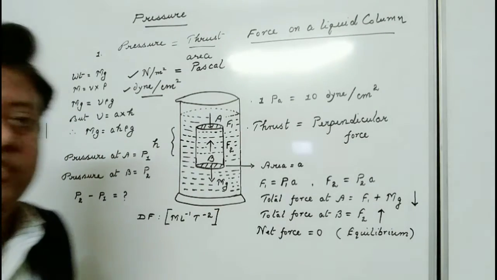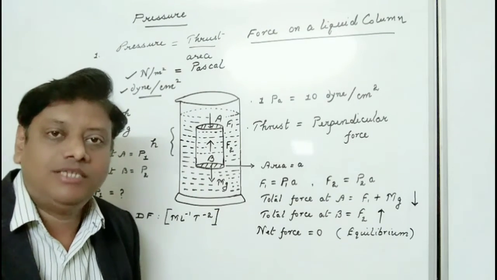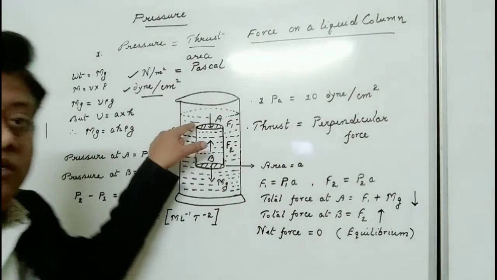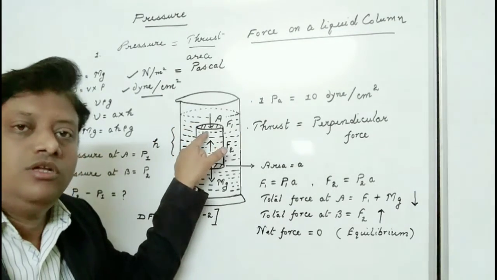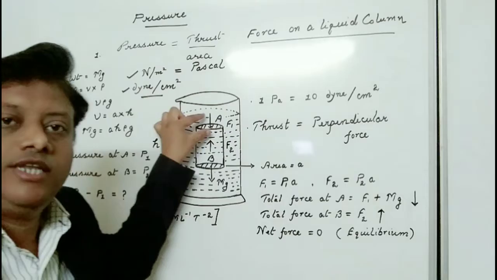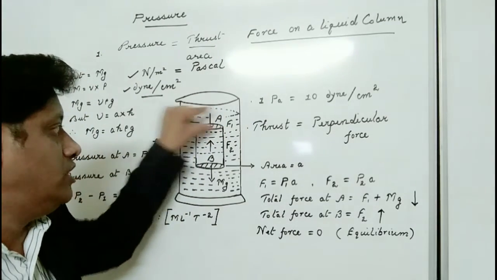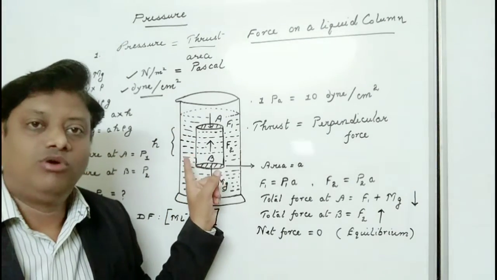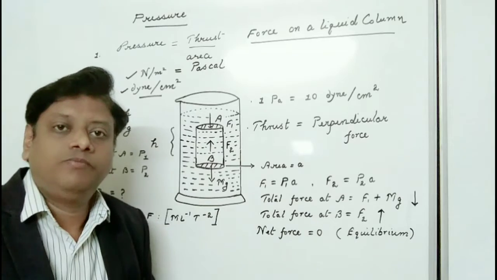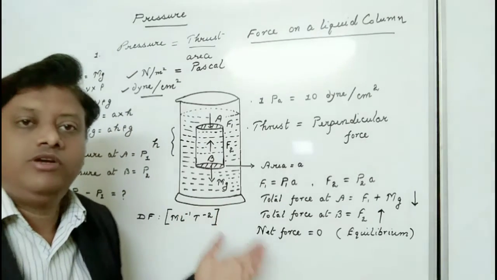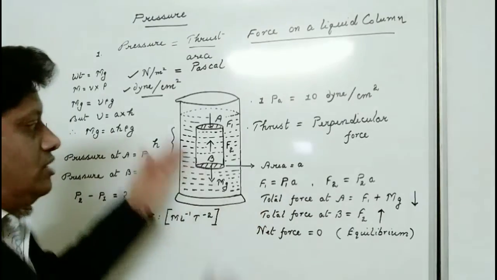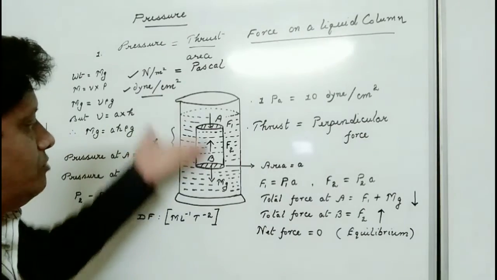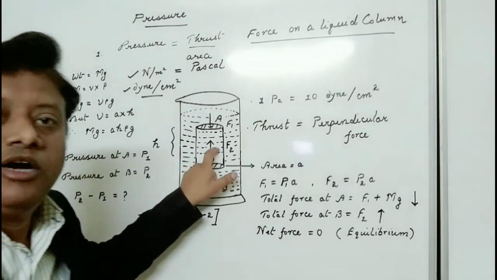So now we have three forces acting on this imaginary cylinder. Which are the three forces? First is F1, which is here. This F1 is present due to the liquid which is present above the cylinder, and because of this liquid the force is F1. This is F2. This F2 is because of the buoyant force. What is buoyant force? The force which is applied by the liquid in the upward direction. So this liquid is forcing the cylinder in the upward direction. So this F2 is representing the buoyant force.